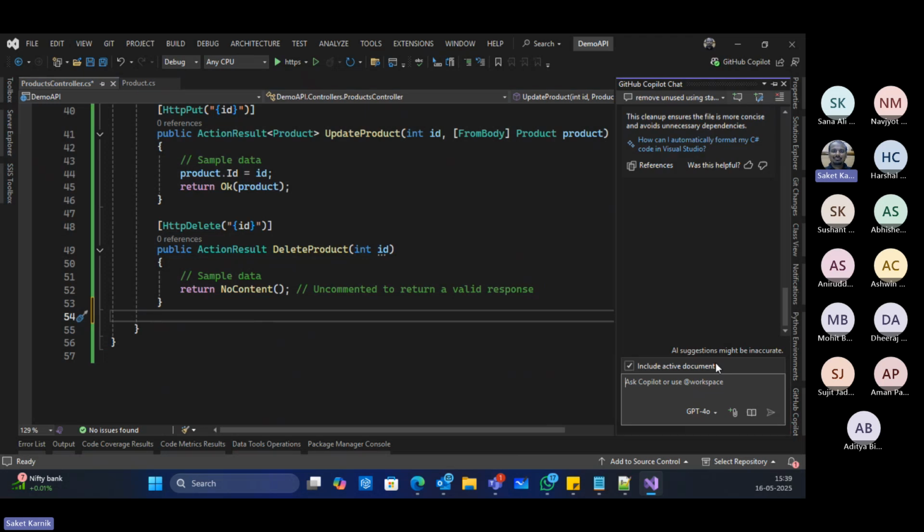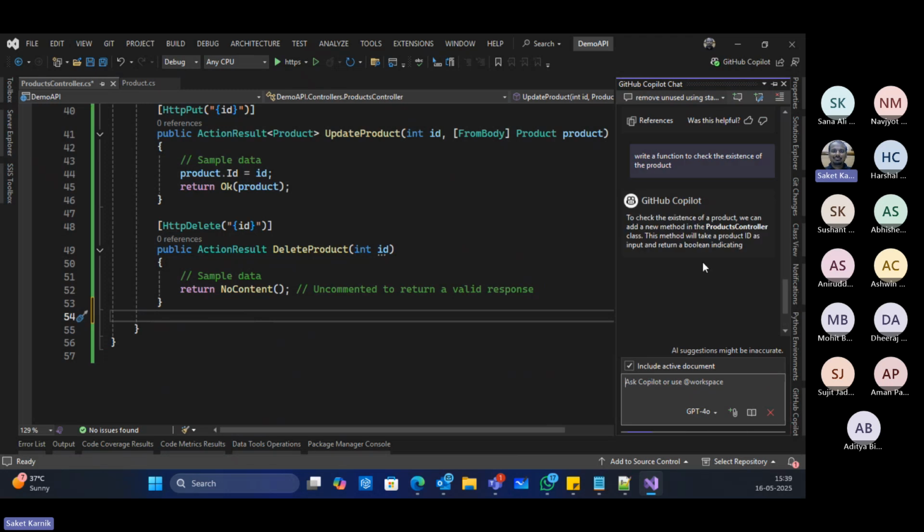Okay. I can just go here and say, write a function to check the existence of the product. Function, method, whatever you say.